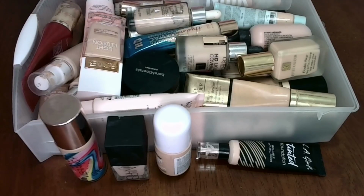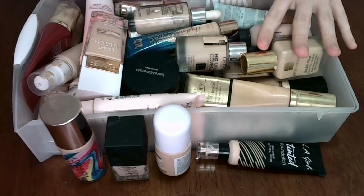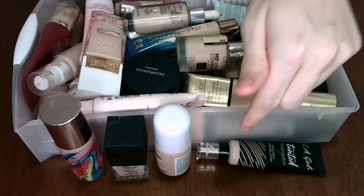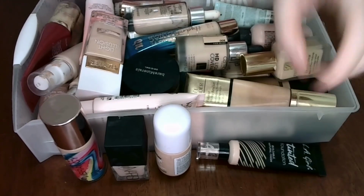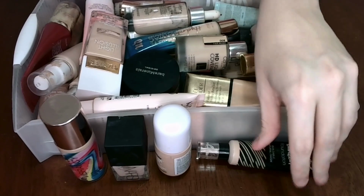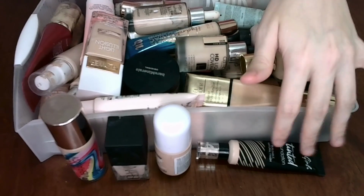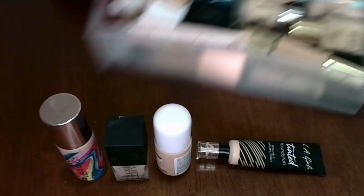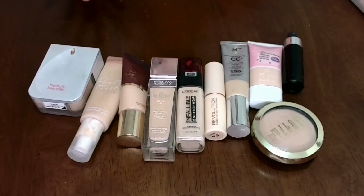All right, you guys, so these are the foundations I'm going to be hanging on to. I know it's still a lot, but I do actually use them and I do actually like them. These ones here are the ones that I am definitely hanging on to and aren't going anywhere, and these ones are the ones that need more testing before I make a definitive decision. So these are kind of in limbo right now. I'm going to put these somewhere where I see them more often and remember that I need to be testing these. And then these are the ones that I'm going to be getting rid of,